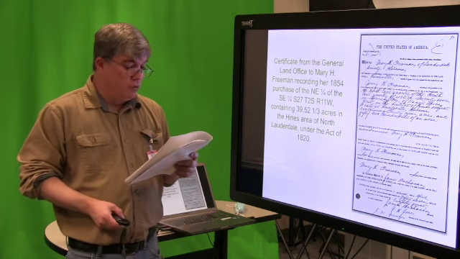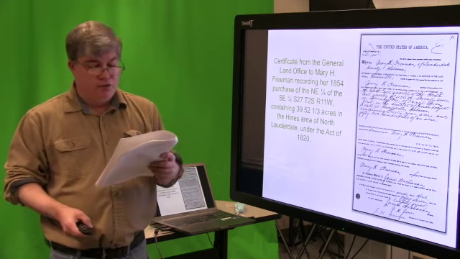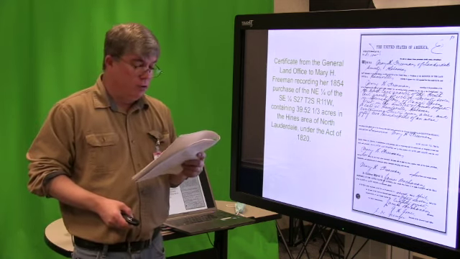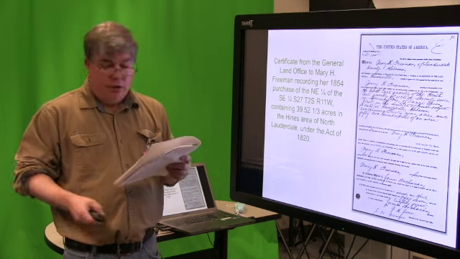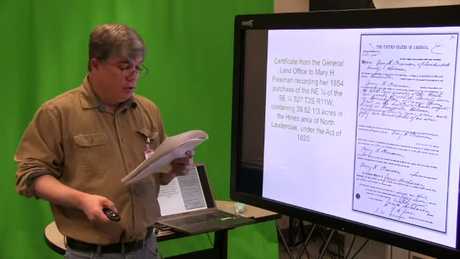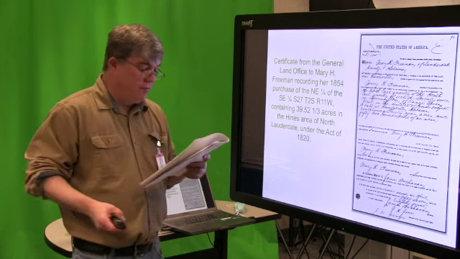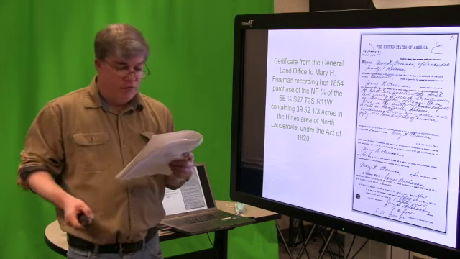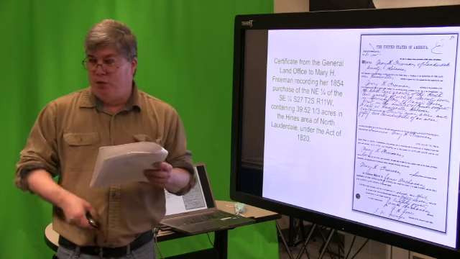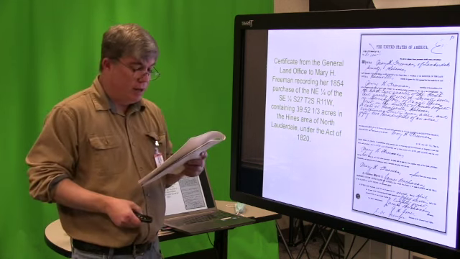Each land office was administered jointly by two officials, a registrar who recorded entries and kept track of which tracts were claimed or still open, and a receiver who actually handled the money. They kept journals and ledgers. The local land office also kept a separate file, and we have the tract book for Lauderdale County at the courthouse. And some of these are on the Bureau of Land Management website, some of the actual tract books.